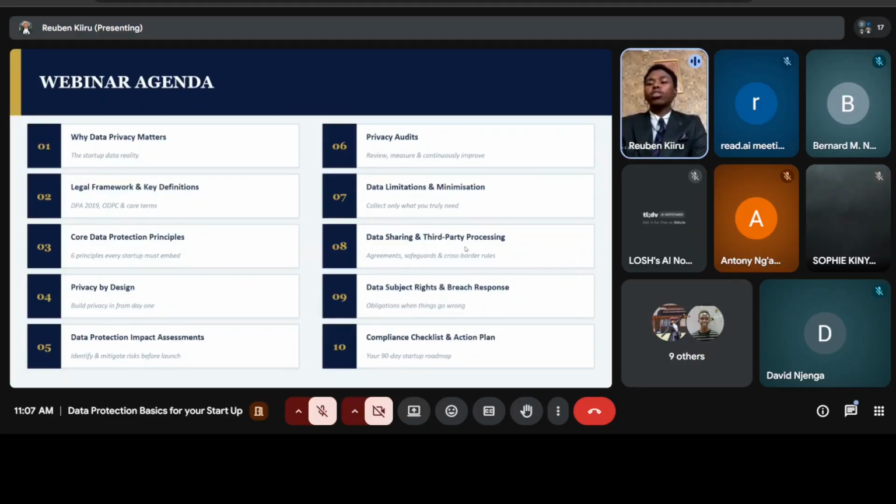The whole idea of today's webinar is to make sure that startups and business leaders are able to understand the entire privacy framework, how they need to undertake privacy audits, how they need to build their systems, how they're going to have their privacy policy align with the data protection principles, the rights of their data subjects, and it's a whole breadth of learning that is necessary, and even being able to build compliance checklists for your organizations, and even